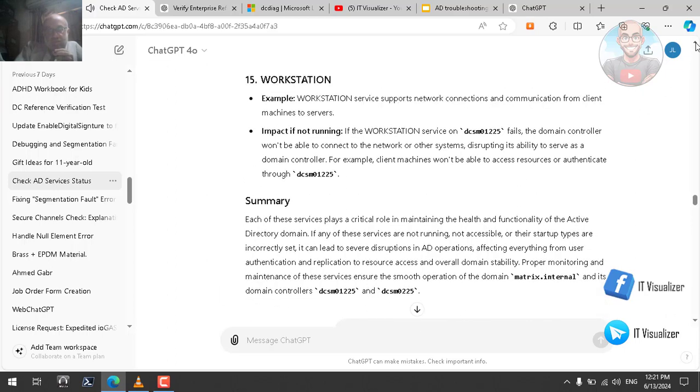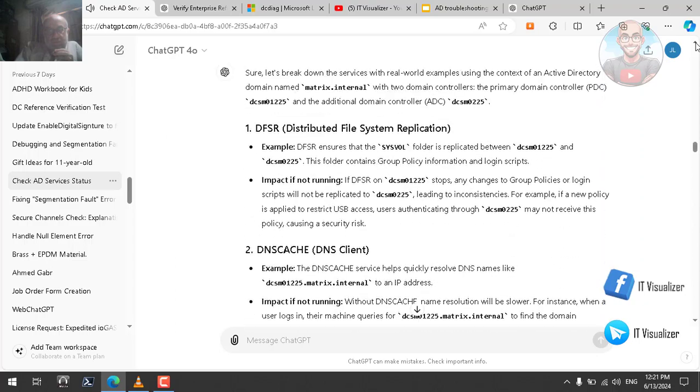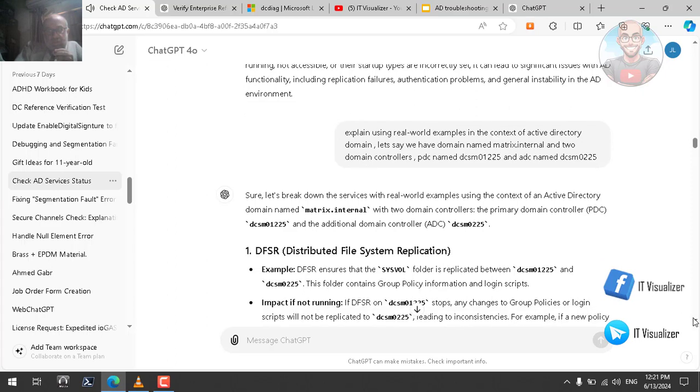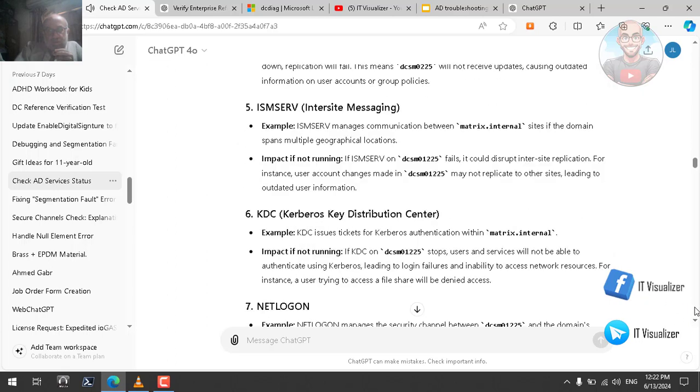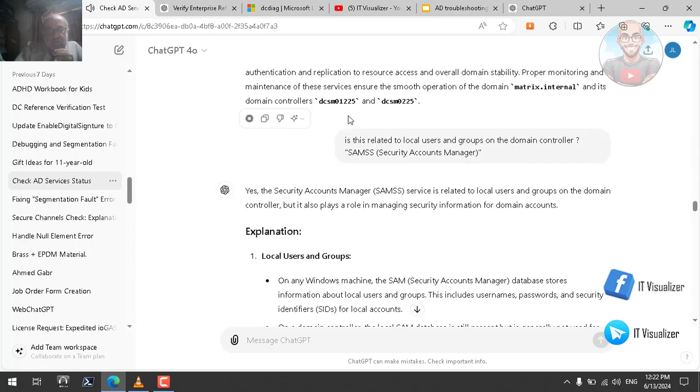For instance, if DCSM01225 is the primary domain controller and Netlogon fails, all user logins trying to authenticate through DCSM01225 will fail, potentially causing widespread login issues across the organization. 8. NTDS, Active Directory Domain Services. Example: NTDS manages the AD database, which includes user accounts, groups, and policies. Impact if not running: if